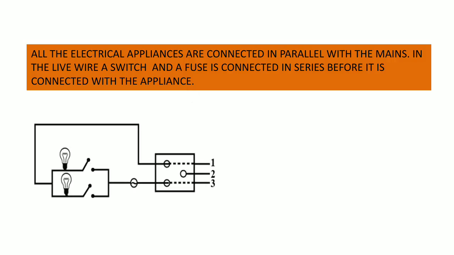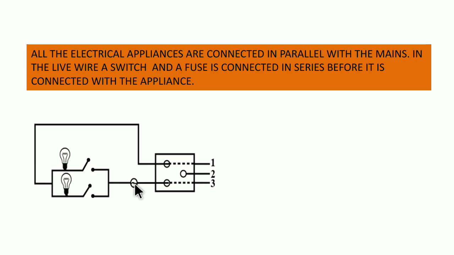So here I can show you another example. Let's say number 3 is the live wire which goes through a fuse and there is a switch applied. Okay, so from this wire, see over here, one of the switches operates this bulb and the other one operates this bulb. All right, so there is a fuse and there is a switch, and wire number 1 is the neutral wire which goes to the other side of the bulb in both cases, and both the bulbs are connected in parallel with this 1 and 3. Wire number 2 is the earth wire.